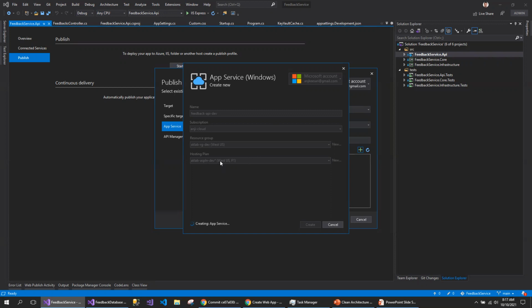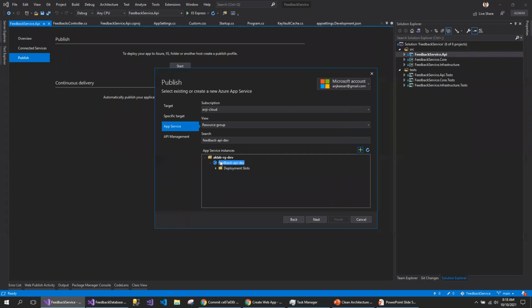You have different hosting plans, like free, premium, standard, and also isolated. The isolated one is completely covered with networking, so you can spin up the VNet with the subnet, network security groups, firewalls and so on. In your organization, you may want to select the isolated environment. Just for the demo purpose, I'm selecting the free tier or the standard tier, but make sure that you select the right app service plan.